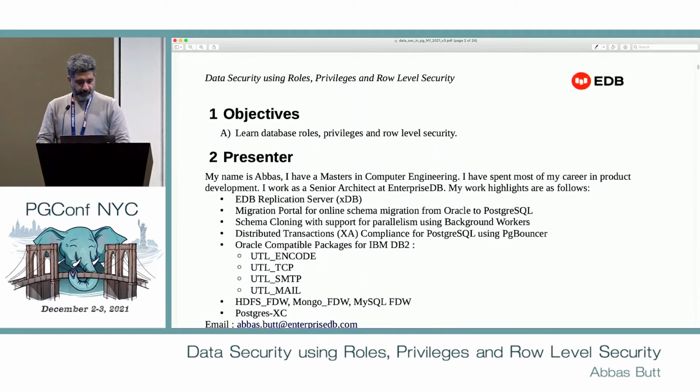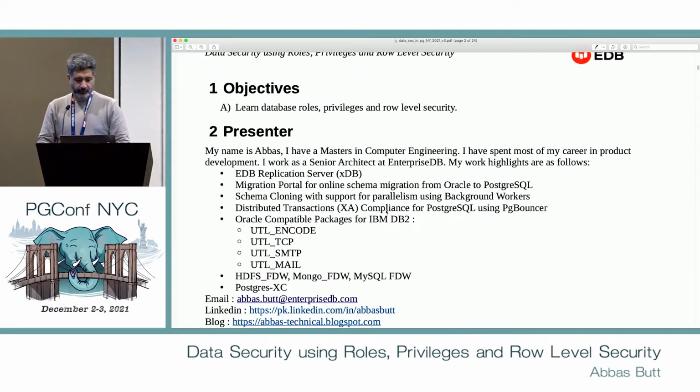So our objective here is to learn database roles, privileges, and role-level security. In addition to this objective, I would also cover the big picture of data security when you are working with PostgreSQL. Like if you are dealing with sensitive data, what options do you have to secure data, at what level you can do it, and is there any help available if you want to do it at any stage of